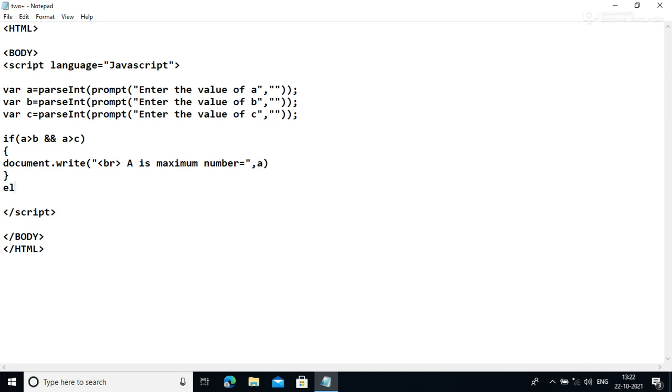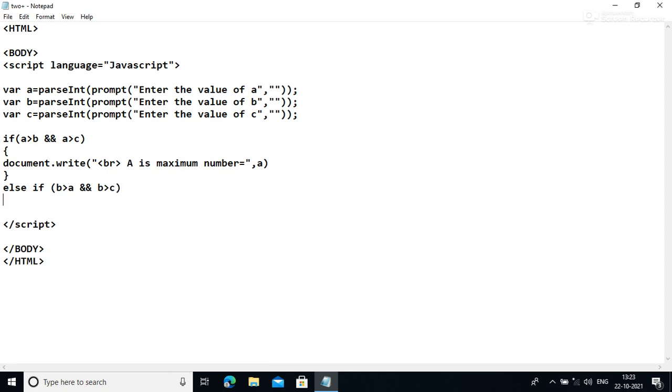Else if, again use the condition b is greater than a and b is greater than c.